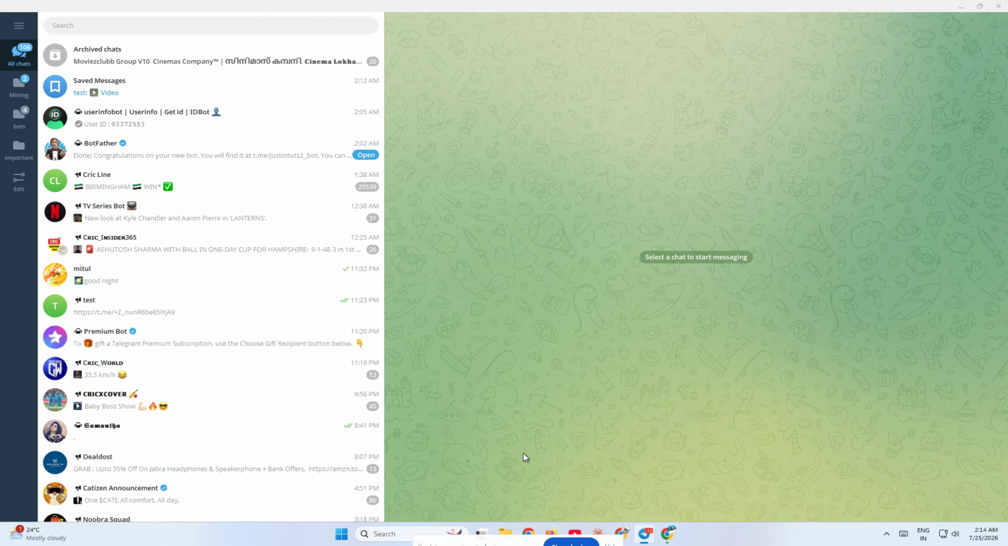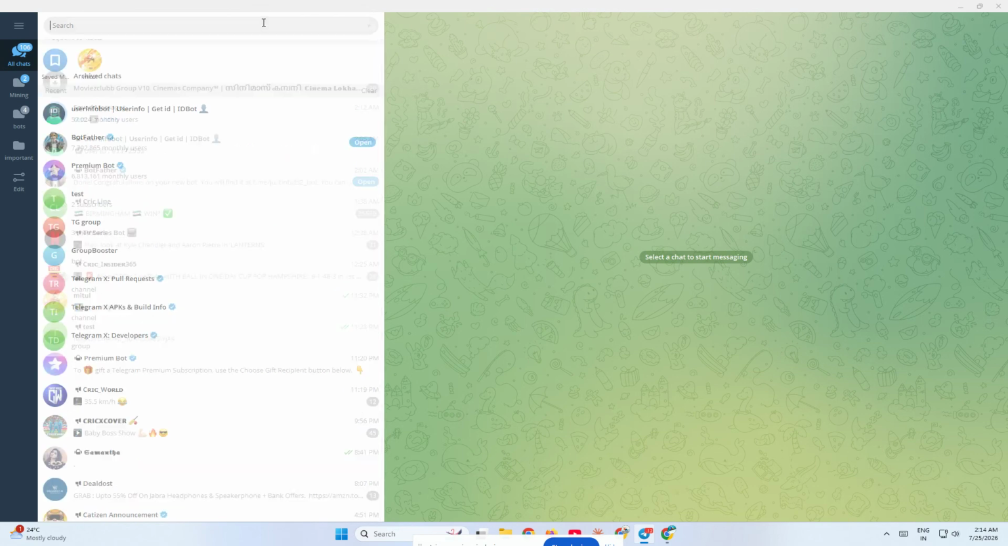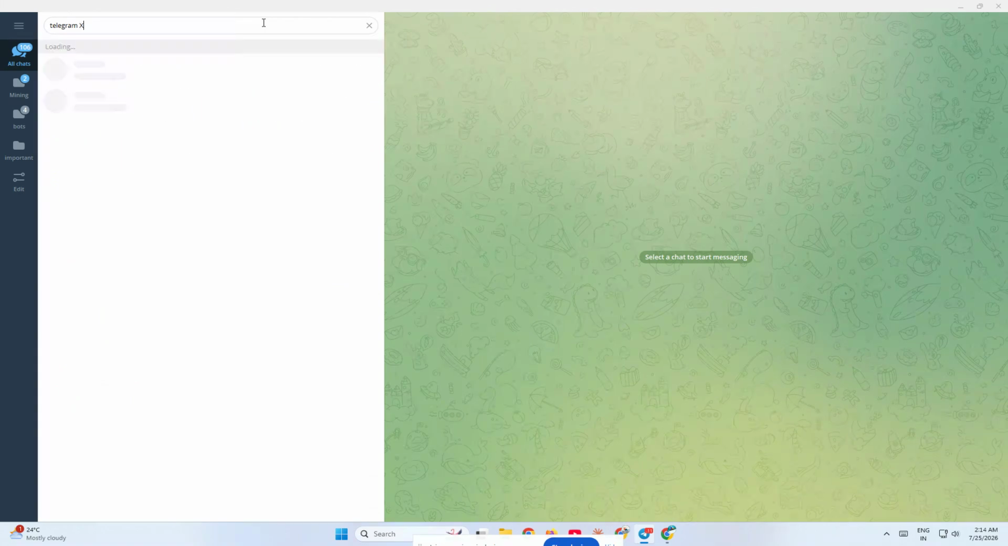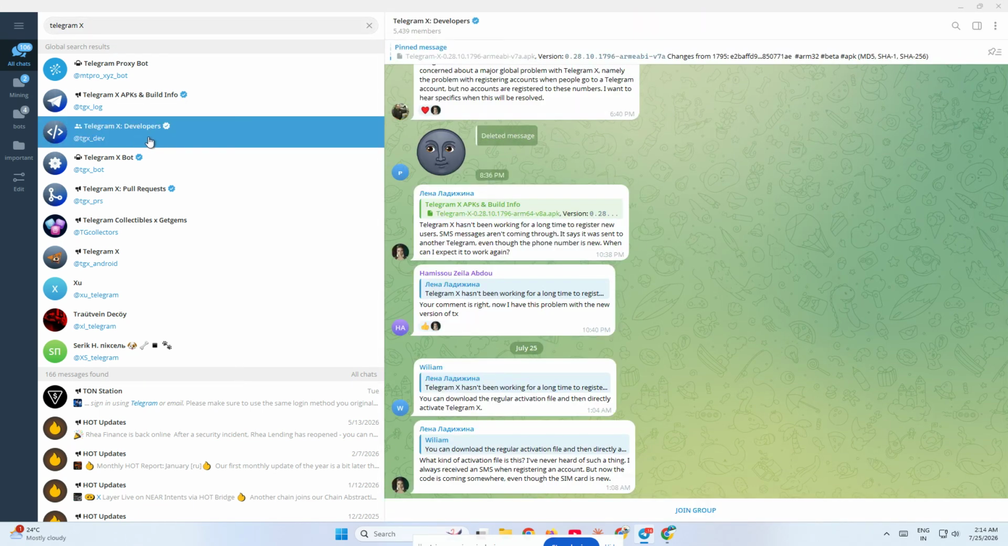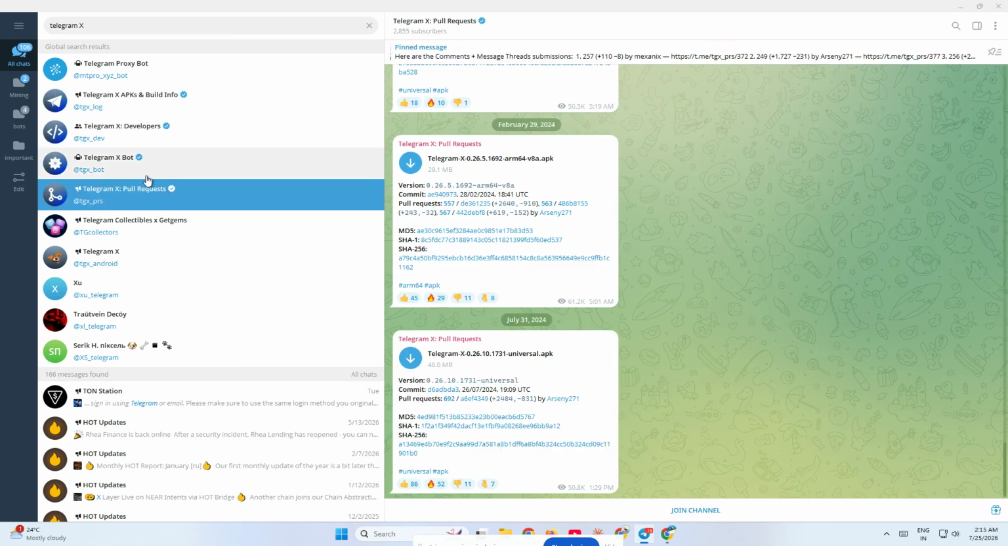Now type Telegram X into the search bar. As the results appear, look through the list carefully and find the one you want to join. For example, if you want the official developer community, tap Telegram X, Developers. If you want other related communities, you can also choose Telegram X, Pull Requests, or Telegram X APKs and Build